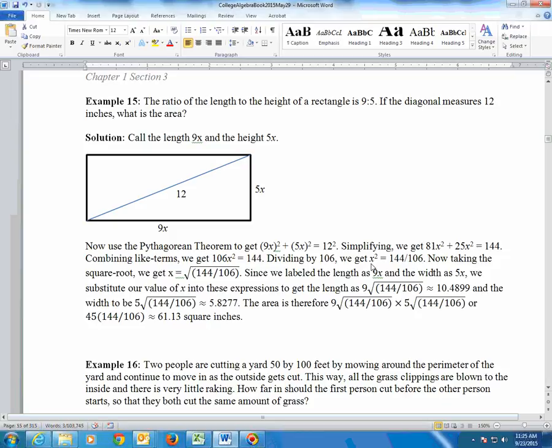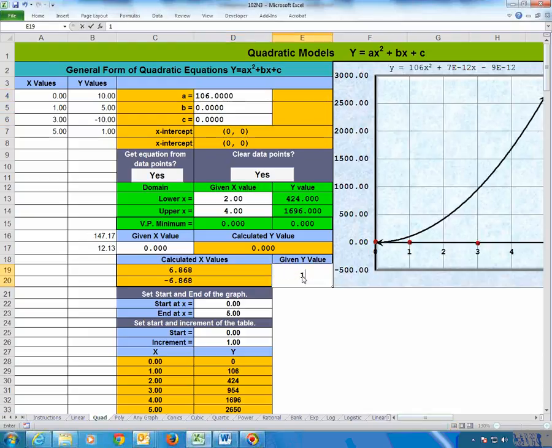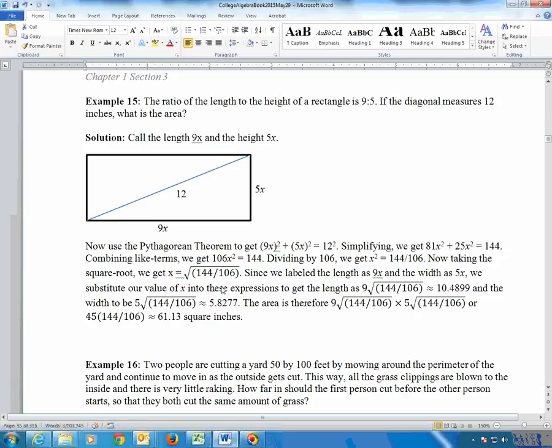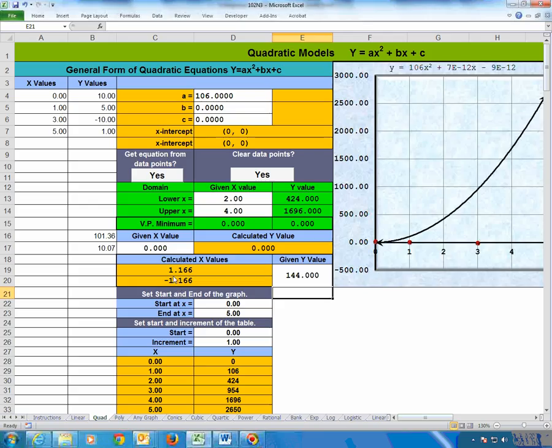And then we have to take the square root of both sides to get rid of the x squared, so it would be the square root of 144 divided by 106. And I'll do that on Excel too. You can do it right here on Excel where you have 106 x squared equals 144. The A would be 106. There is no B or C, and then we had right here, I think 144, and I get these two answers. Let me just check my coefficients and see if they're right. Yep, 106 and 144. So I get this answer here for x, which is a positive one, which is 1.166,